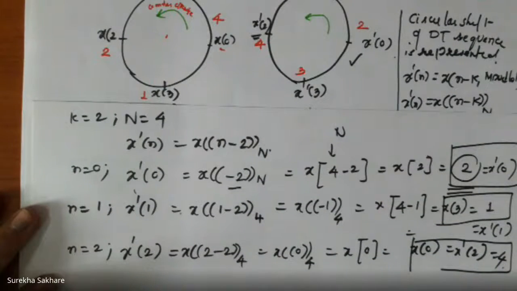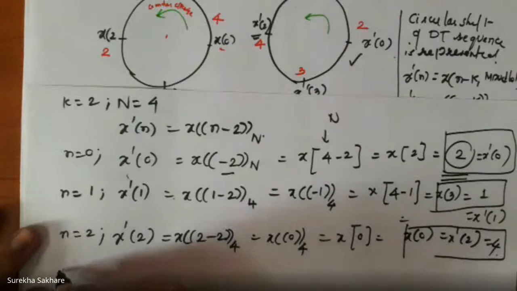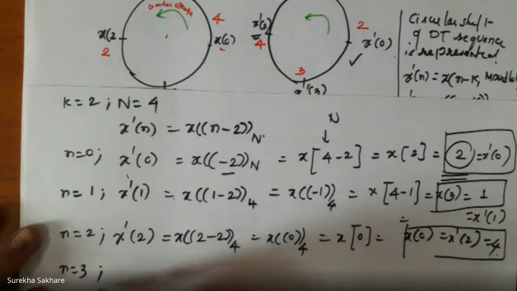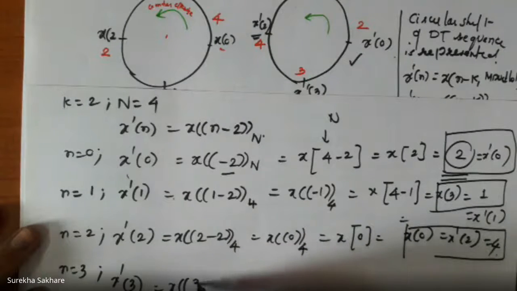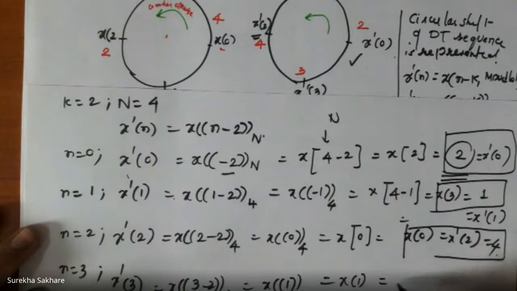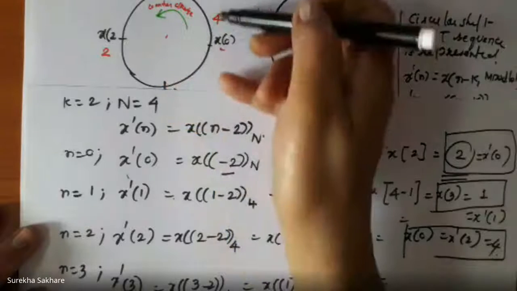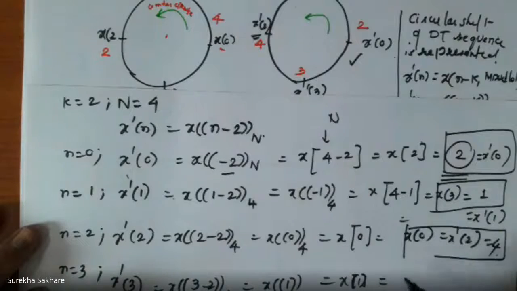Now I want to find for n is equal to 3. x dash of 3 is equal to x circular 3 minus 2, modulo 4. That is nothing but 1. I did not go for the further part. This is linear. x of 1, what is x of 1? 0 and 1, it's 2, 3. x of 1 is 3, which is equal to x dash of 3. So my x dash of 3 will be equal to,